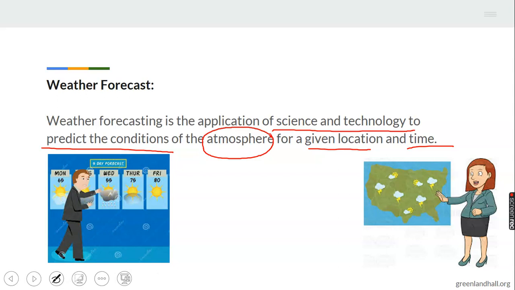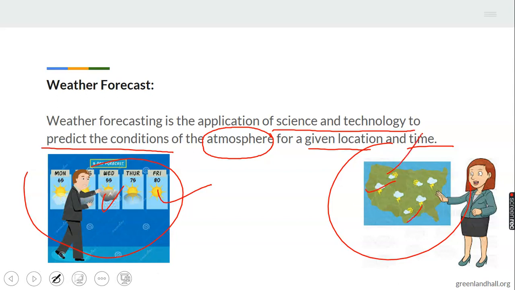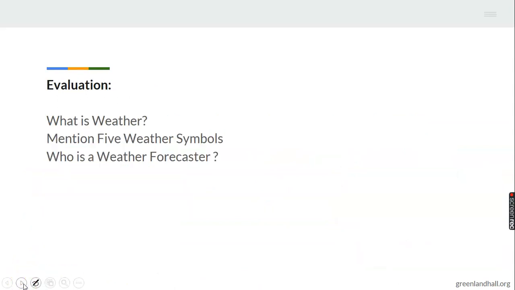So these people, what do we call them? We call them weather forecasters. So they forecast the weather. They predict the weather using science and technology. Have you seen this guy sometimes on your screen, perhaps after the news? Some of you don't like watching this, I know. Yeah, so these guys, that's what they do. Can you see it now? This is sunny. Can you see cloudy? We talked about it now. You also have symbols represented here. This is cloudy, this is sunny. So when you see this, they predict and they tell you this is what you should expect when you see such weather.